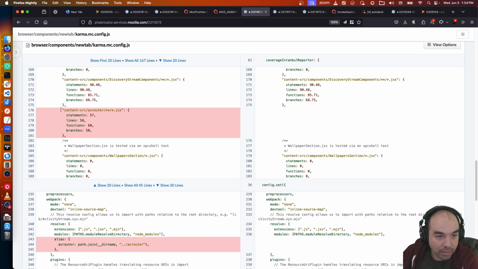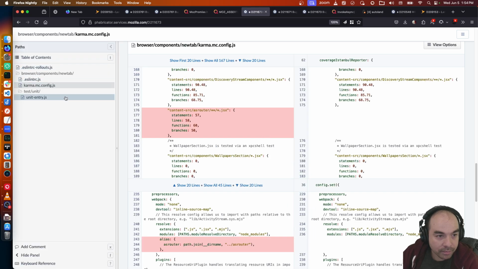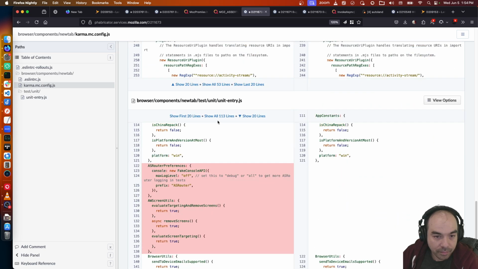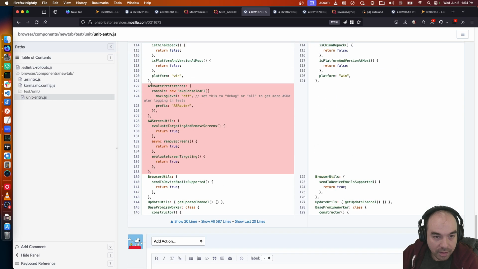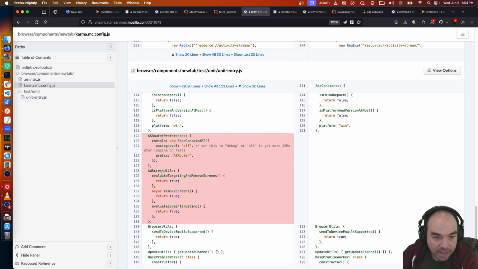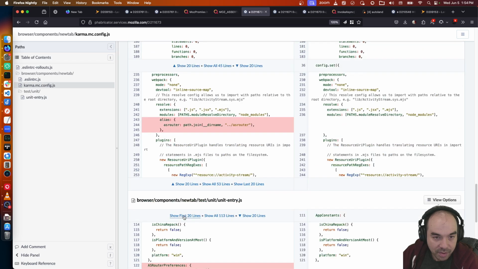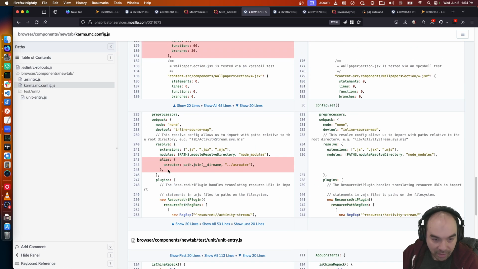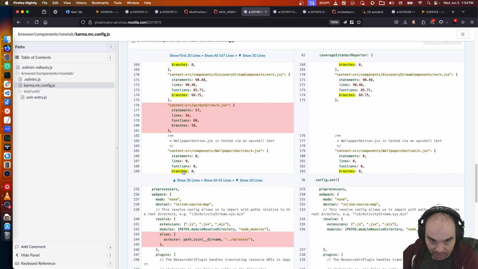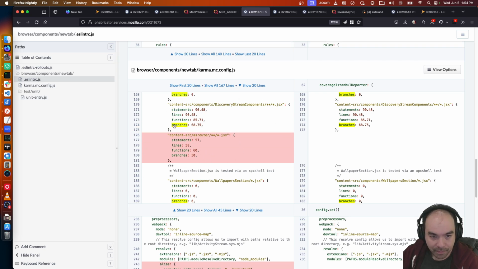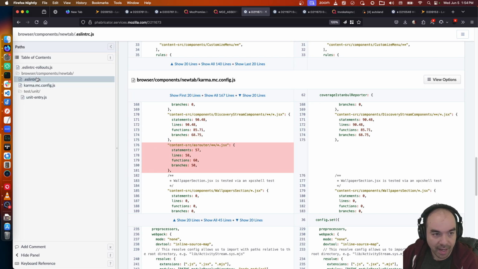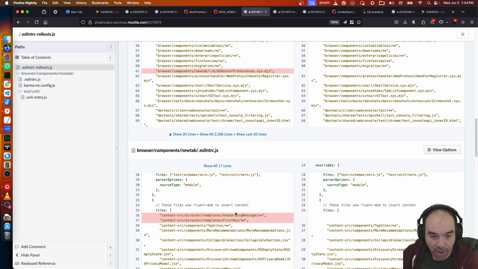For new tab, we don't. What is being removed? We don't need these fake objects anymore. That's good. We don't need to alias AS router anymore. That's good. And then we don't need to check. I guess all of these, the karma rule doesn't apply anymore because content source AS router presumably will have gone away.